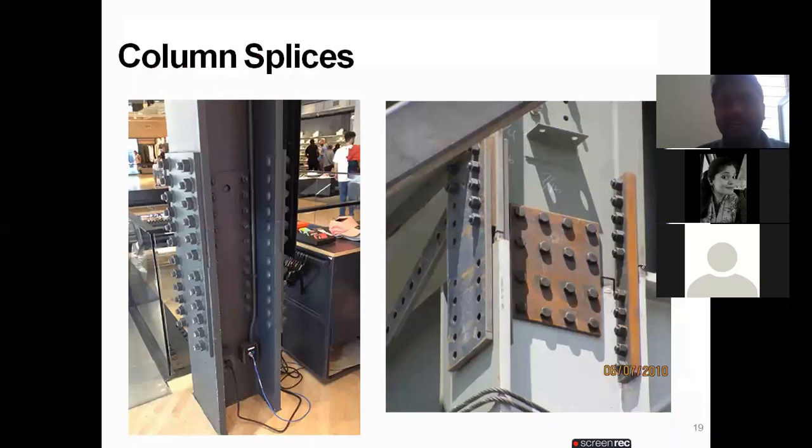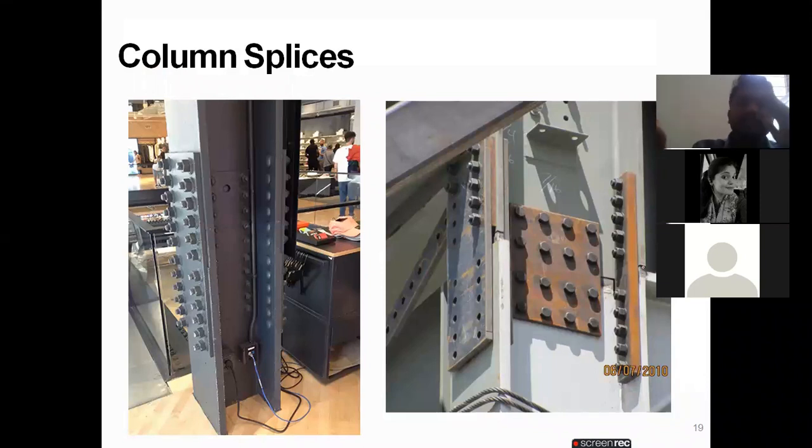So if you see, it is a column splicing. In RCC, you people learned there is a development length. Whether you take a 16 mm diameter steel rod or 20, whatever it may be, 8 or 12 or 16 or 20, 22, you take it in the column joints.